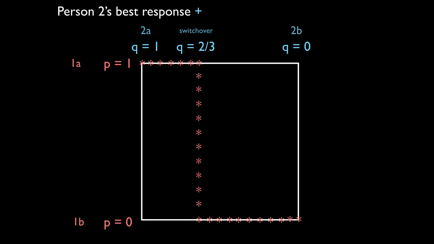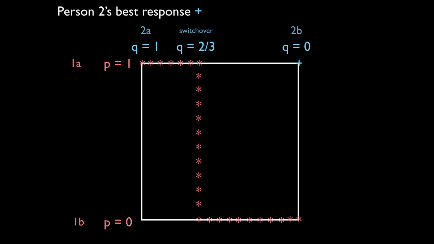Let's look at 2's best response, the pluses. Let's do again the simplification. If 1 were to play A, that is P equals 1, what is 2 choosing among? The 0 and the 3, right? Which is the best response for 2? Playing B, yeah? If 1 plays A, 2 will play B and get the 3. So I should put the little plus over here.